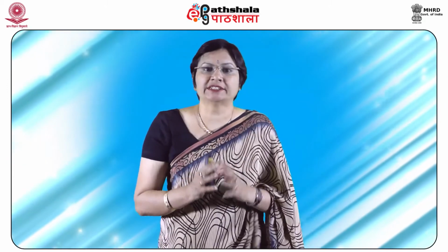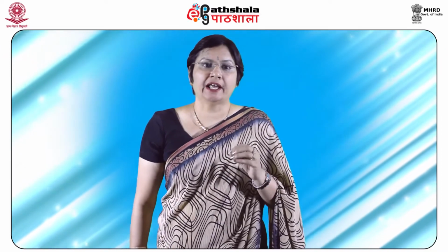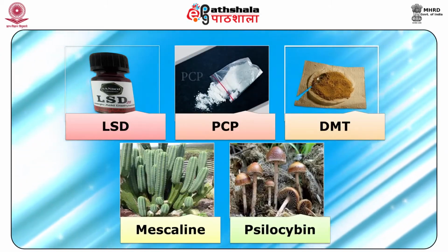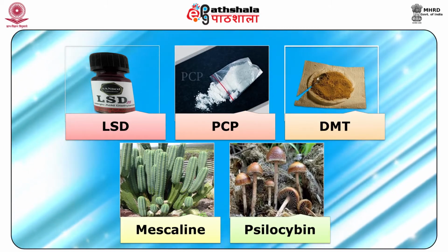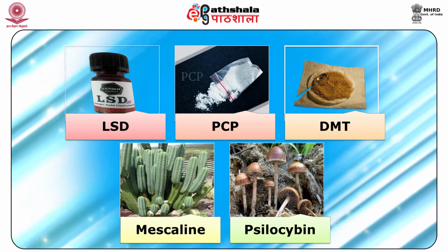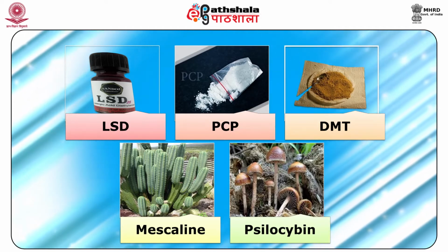There are various substances with varying chemical compositions that have hallucinogenic properties. Examples here are LSD, which is lysergic acid diethylamide, PCP, which is phencyclidine, DMT, which is dimethyltryptamine, mescaline,